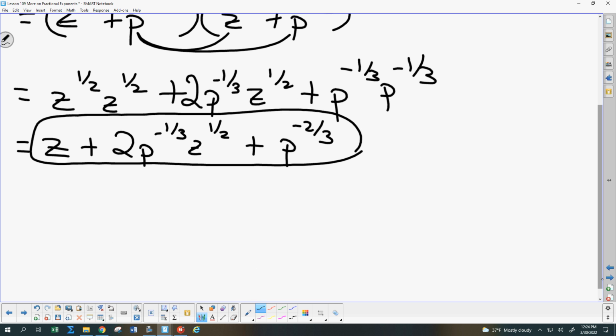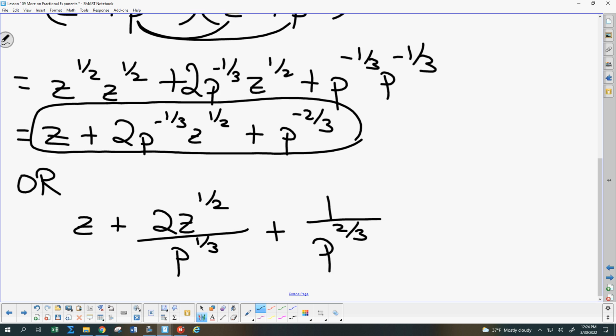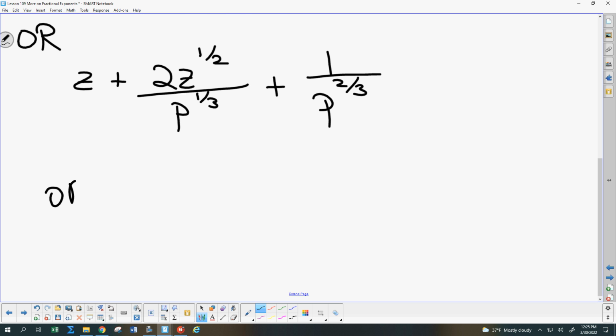Personally, I'd probably stop there rather than risk making a mistake changing it around. But I could say this is z plus 2z to the 1/2 over p to the 1/3 plus 1 over p to the 2/3. Or if I wanted to,